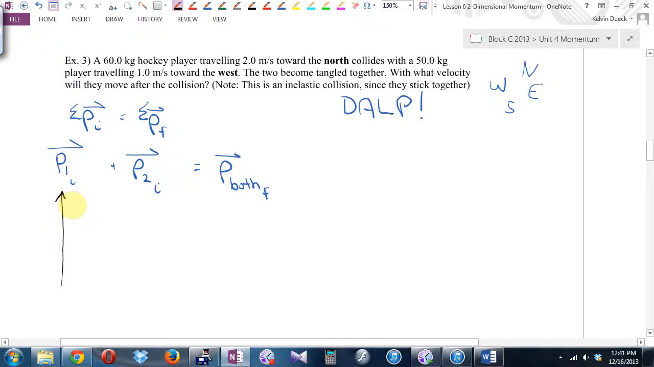Momentum is what times what? What was his mass? What was his velocity? Really? You reached for a calculator? It's 60 times 2. It's 120. But it's 120 north. Units, kilogram meters per second, but okay. Plus